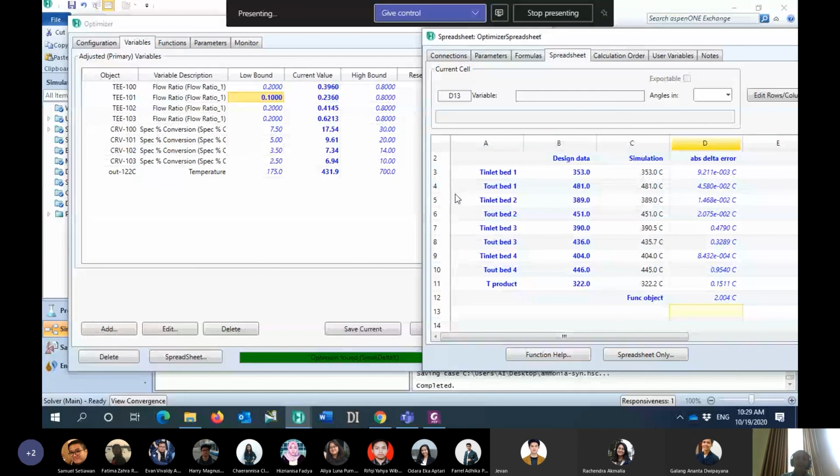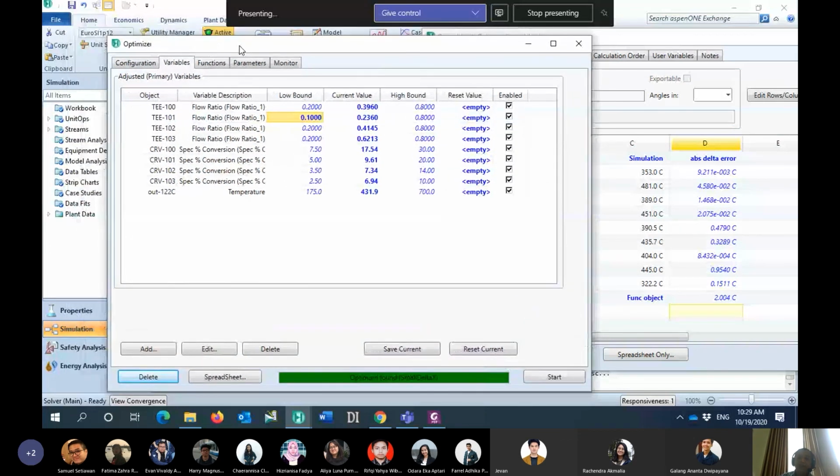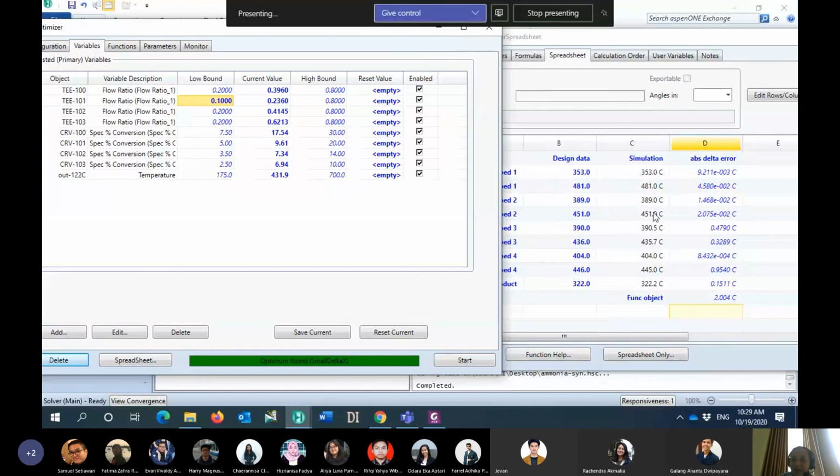And remember that the initial value I put in the simulation is now already changed by HYSYS following the optimization, to minimize the error between the design data and the simulation data.